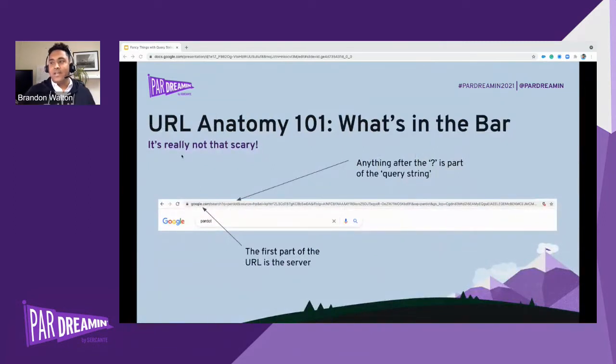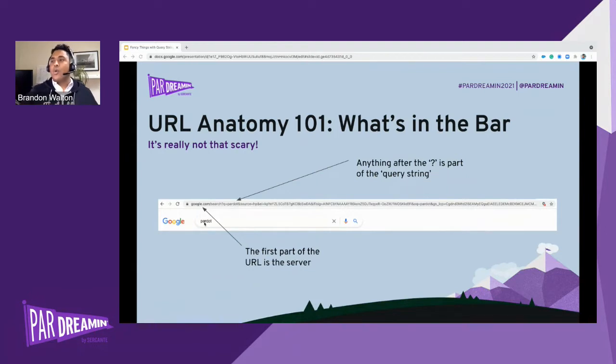So what's in a URL? It's really not that scary, and the example that you're seeing here on the screen is what you get when you search for Pardot inside of a platform like Google. You can see here the first part of the URL is the website, the server that it lives on, and then there's a question mark, and you might notice this when you're sharing links on social media, Facebook. There's a question mark, and it's followed by, if you don't know what this is, I've heard people call it things like goobly gop or whatever. It actually isn't goobly gop. This all means something. So in the case of Google, when we search, we have this question mark, q equals Pardot. That could be the query or the question.